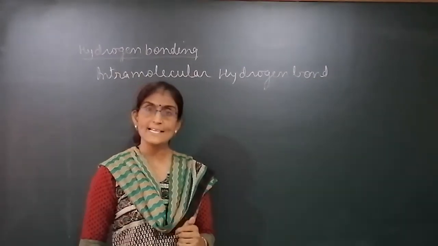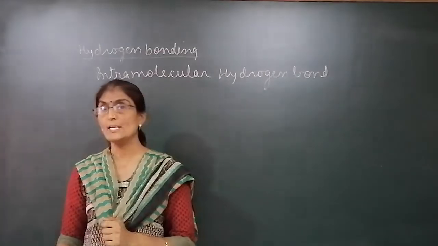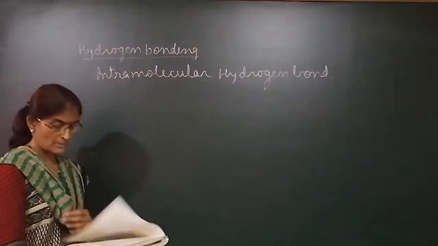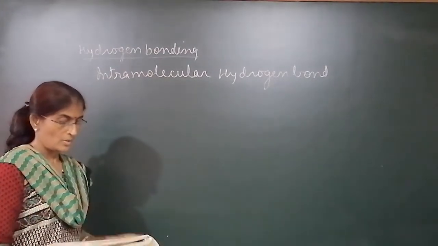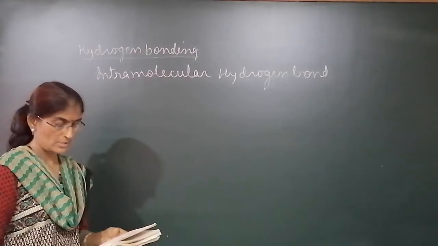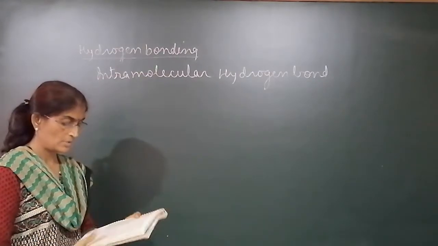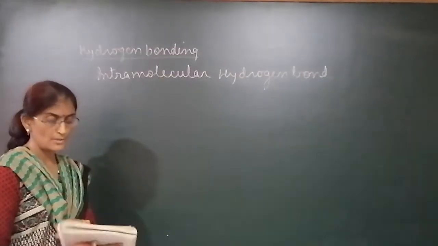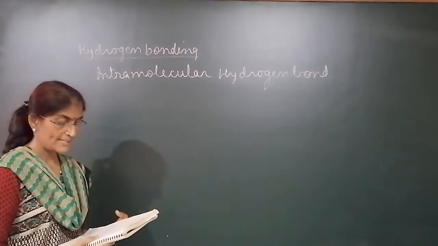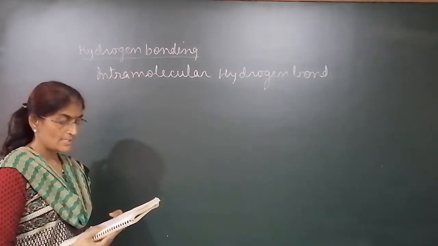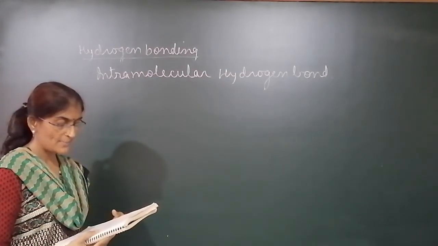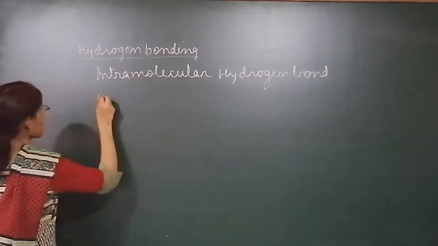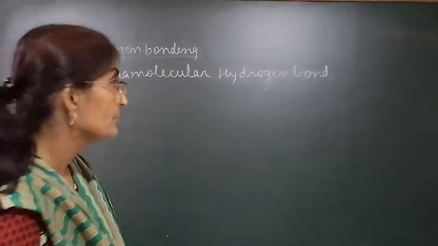Now we'll do some exercise questions of this chemical bonding chapter. A few questions I'll do for you. First is question number 4.7. Describe the shape of the following molecules using VSEPR principle: PH3 and SiCl4.